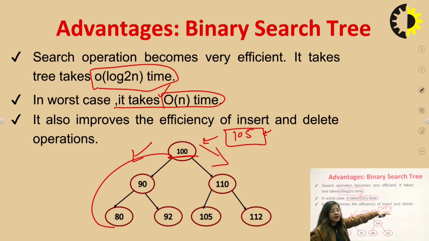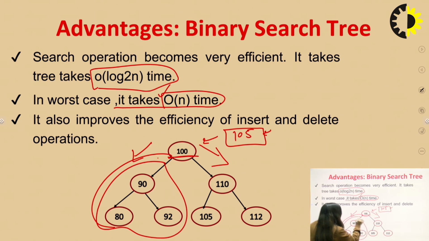Yeah, it is greater. Then it comes to the right side. So the left side part is totally skipped. So it comes to 105 here. Now check: 105 is greater than 100, so it comes to the left side. The left side is this. Now check again. 105 is greater than... and less than 110.